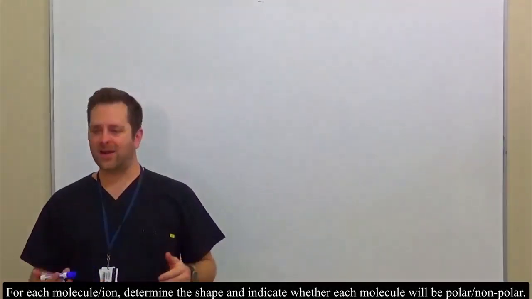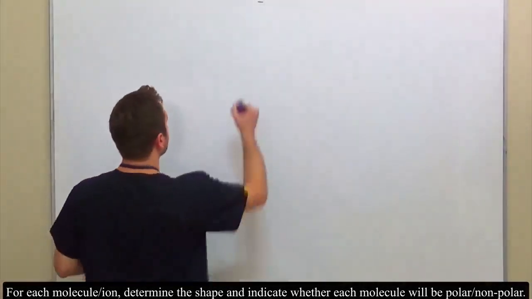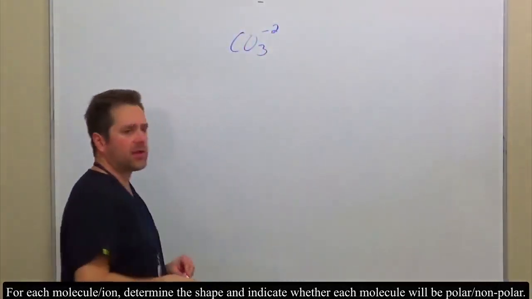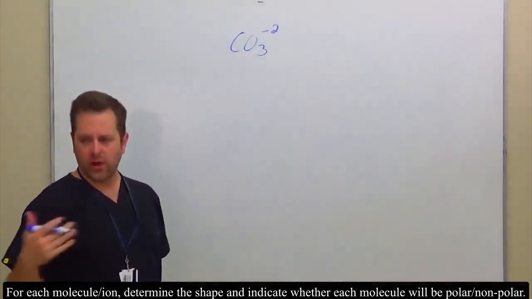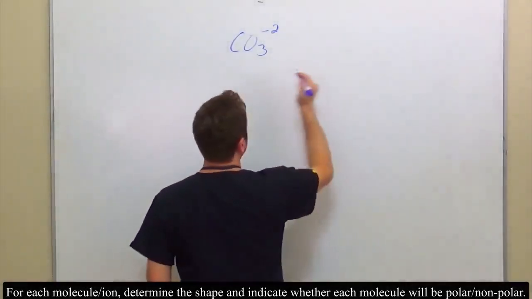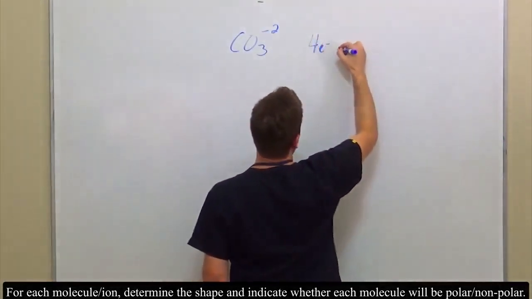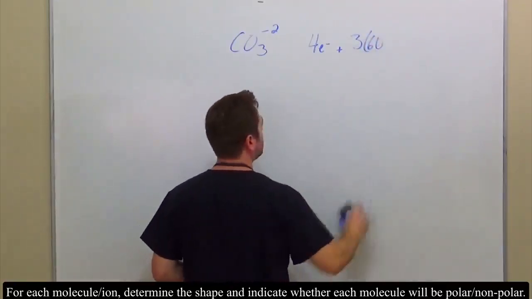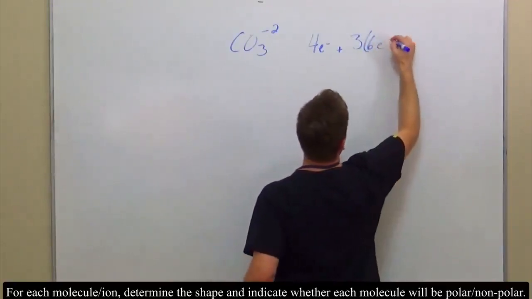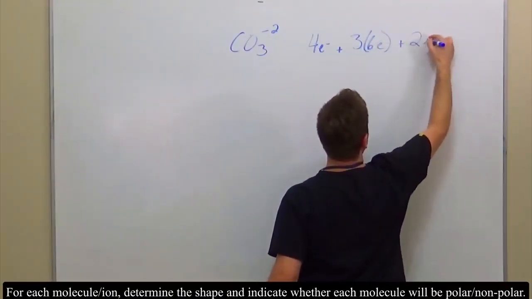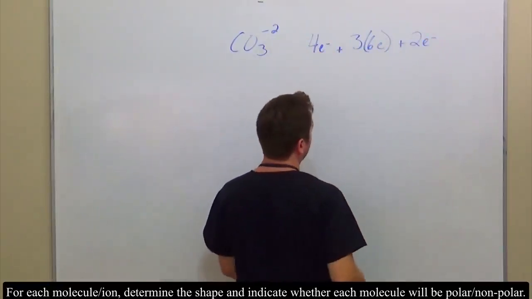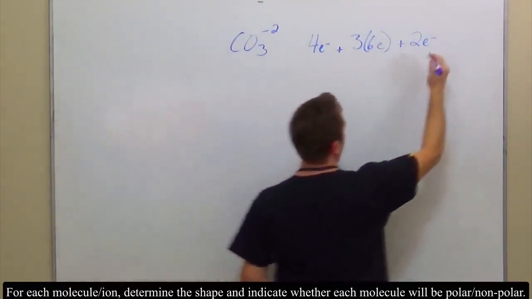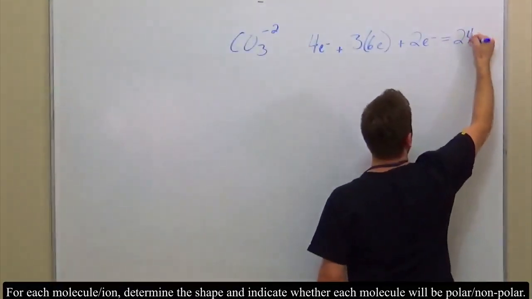Now we actually have an ion, carbonate. And carbonate has a -2 charge. So we can't forget that when we calculate our total number of valence electrons. Carbon's in group 4, and we have 3 oxygens, right? Each of the oxygens brings 6 valence electrons to the table here. And then we need to add the 2 additional electrons, since it has an overall charge, the fact that it is indeed an ion. So 3 times 6 is 18, plus 2 is 20, plus 4 equals 24 electrons